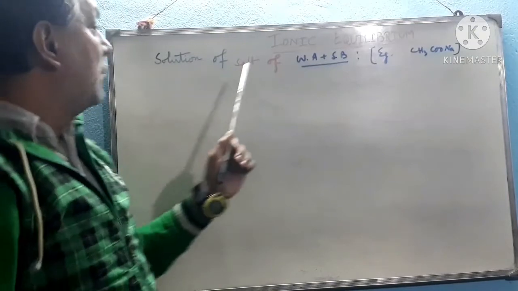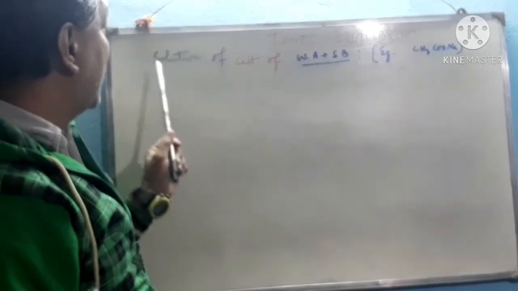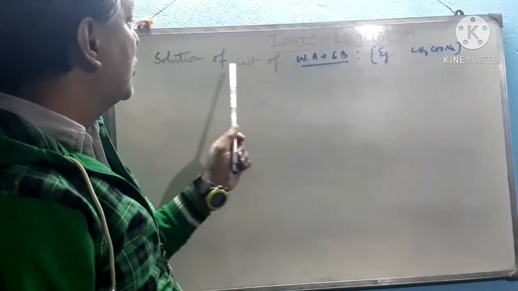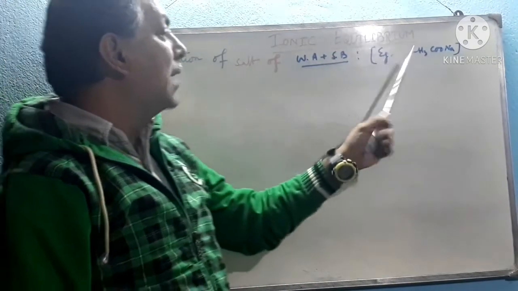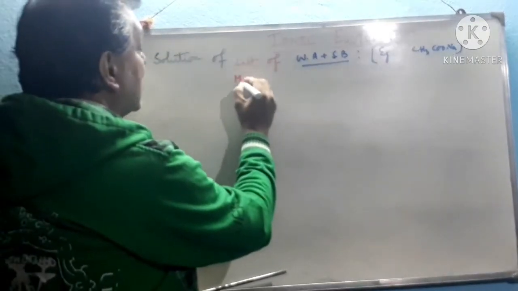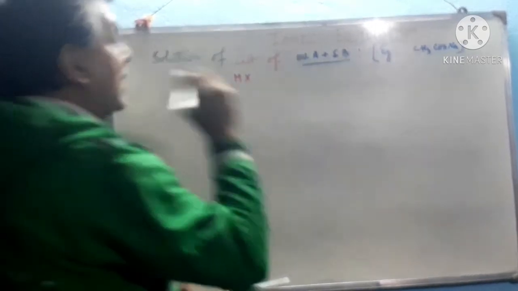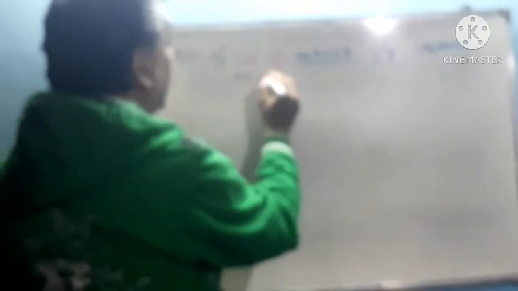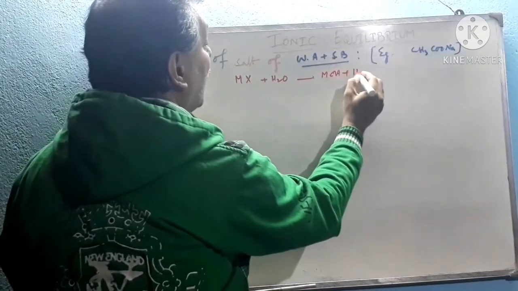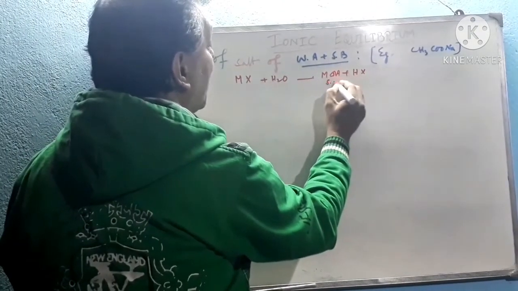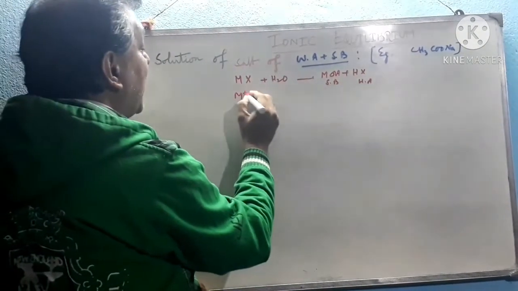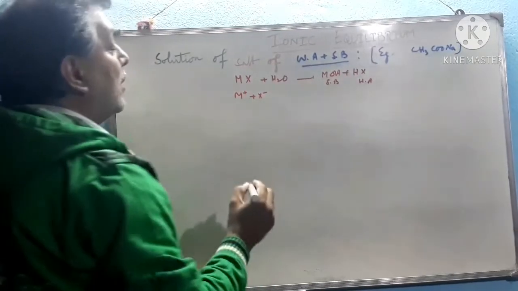Now I am showing the expression of the pH of the solution of a salt of weak acid and strong base. Example, sodium acetate. Suppose we have taken MX is a salt which is of weak acid and strong base. So MX in water solution dissociates to form MOH and HX, of which this is a strong base, and suppose this is weak acid. Now MX can be written as M plus and X minus,